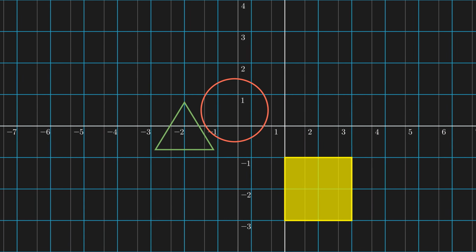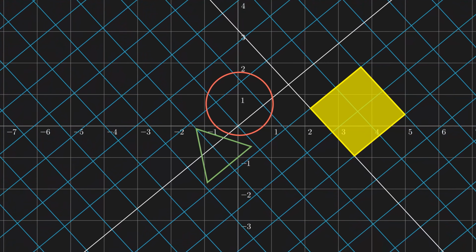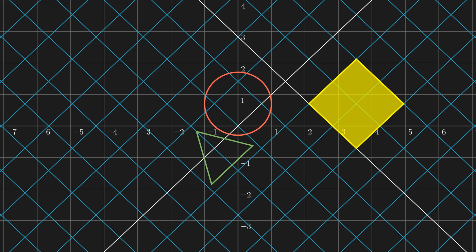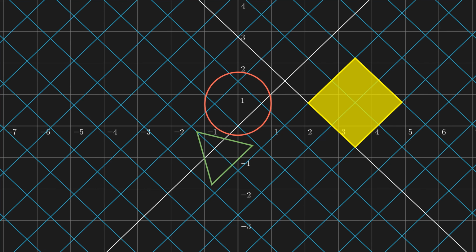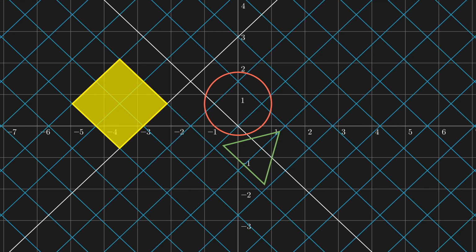In the very beginning, we looked at the special Euclidean group, which is a collection of translations and rotations. And the symmetry it preserves is distances, shapes, as well as orientation. And if we choose to preserve distances and shapes only, but not orientation, then reflection is allowed as well, and this group is called the Euclidean group. In the context of grade school geometry, the Euclidean group, which is made up of translation, rotation, and reflection, preserves congruence of two shapes.